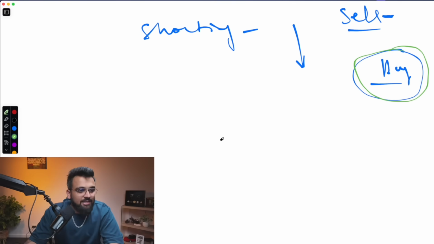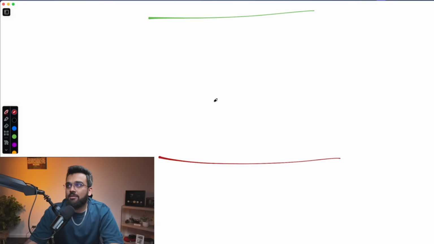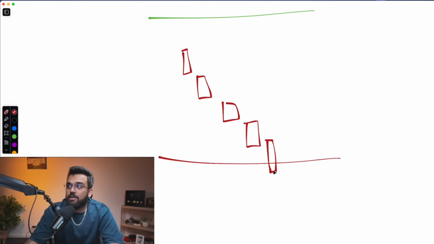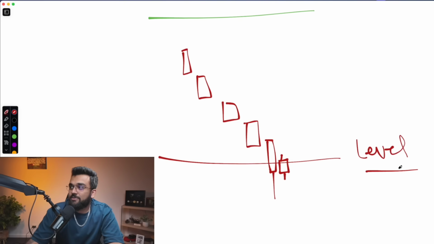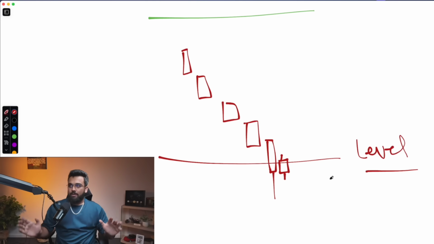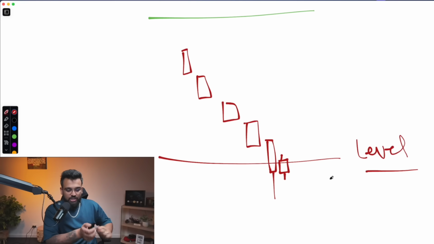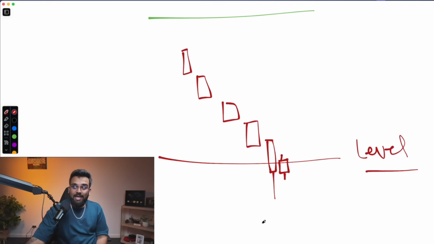When something like this is happening on a critical level, let's say you have a critical level right here and the price starts pushing towards the downside. Prices are coming down, and at the critical level, it does something like this. This means the level is getting respected. That means people are changing hands. That's how I want you to think about it. People are changing hands on the other side. Changing hands means some people are getting out, some people are getting in, which is why the candles become small